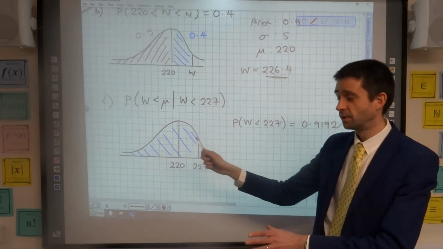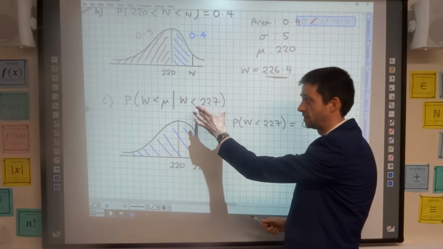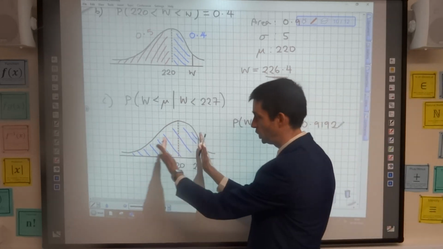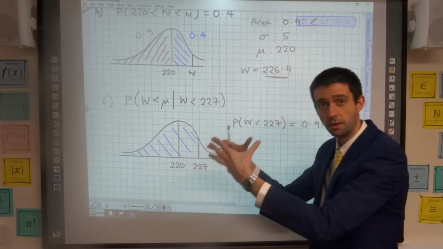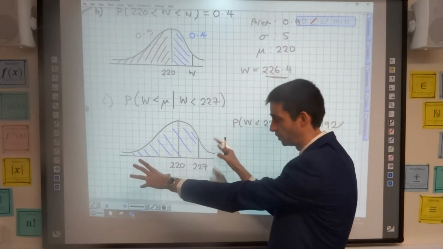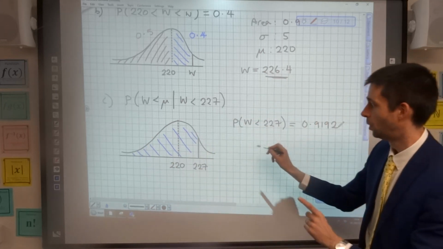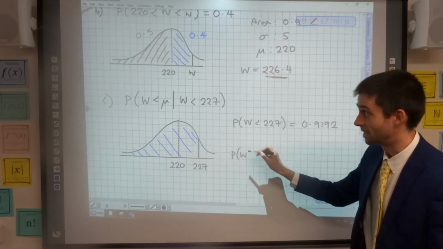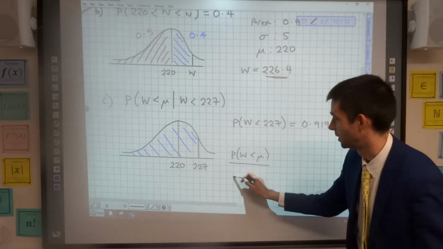Now what this question is really meaning, the given, means we already know it's less than 227. What's the probability that it's also less than the mean? So we're only choosing now out of this section of the normal distribution rather than the whole population. So the probability isn't going to be out of the whole thing anymore, it's just going to be out of this. So what we're actually going to work out is the probability that W is less than the mean, given that it's less than 227,